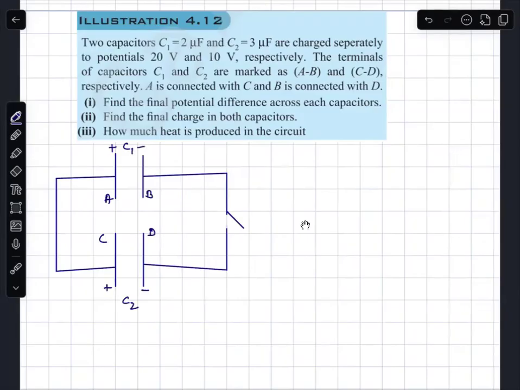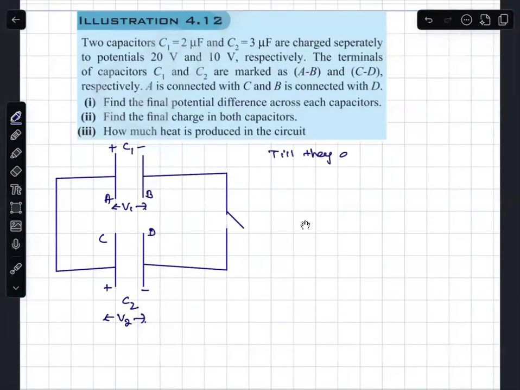And remember initially this is at potential V1 and this is at potential V2. Till this point, any doubt? So how long does the charge flow? Charge will flow till